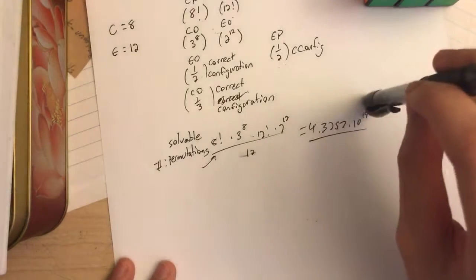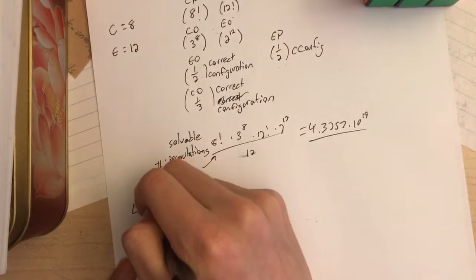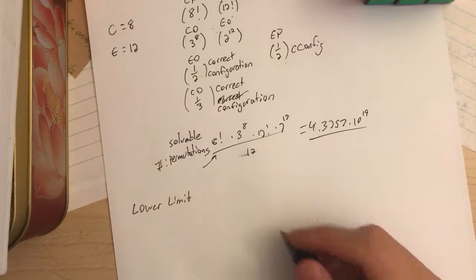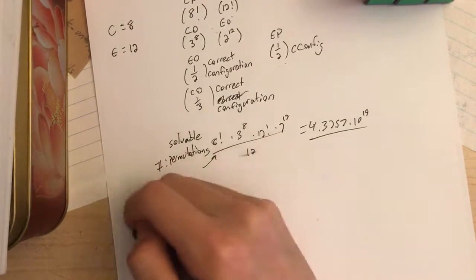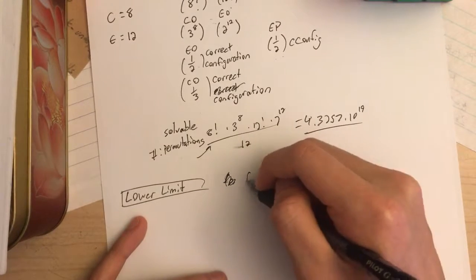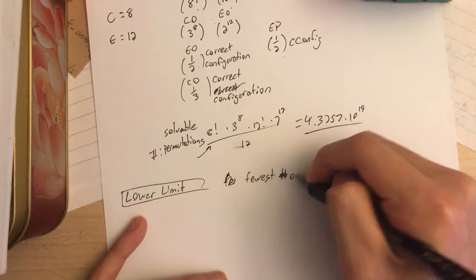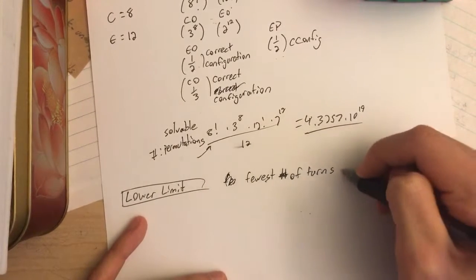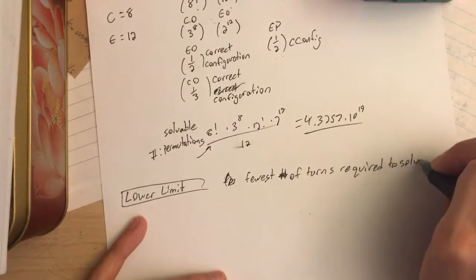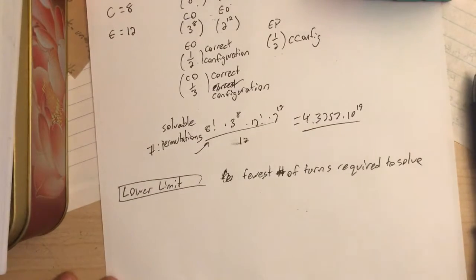And now that we know this number, there is a surprising fact. We can establish the lower limit for the fewest number of turns required to solve the cube. Right? And so basically what happens is that